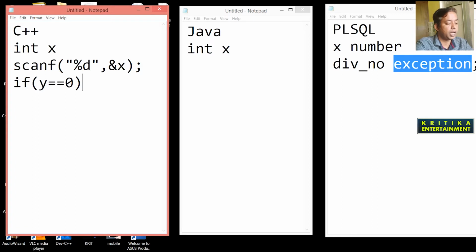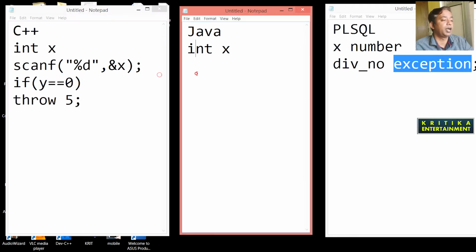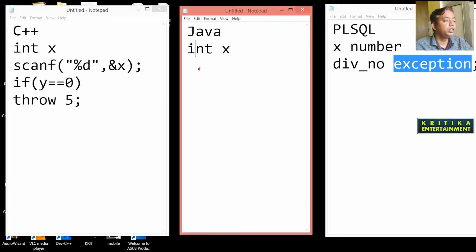That means it is not possible to divide the number by 0. So instead of raise, you write throw. You are throwing one object, suppose 5, when y equals 0, which is the divide by 0 exception, or arithmetic exception in Java. So throw 5.